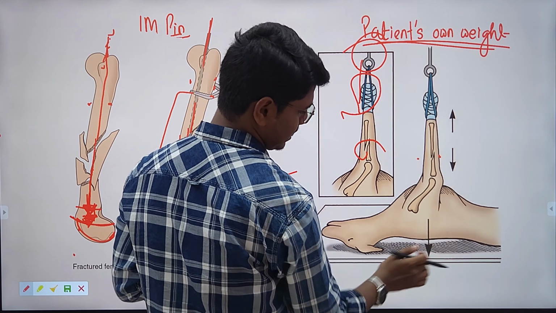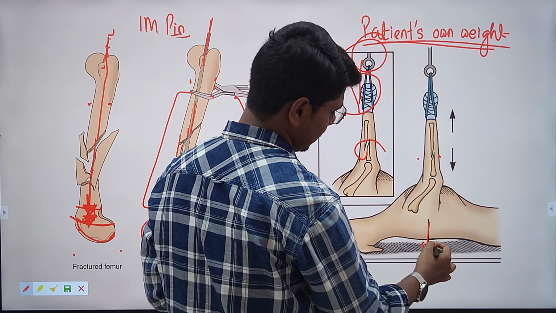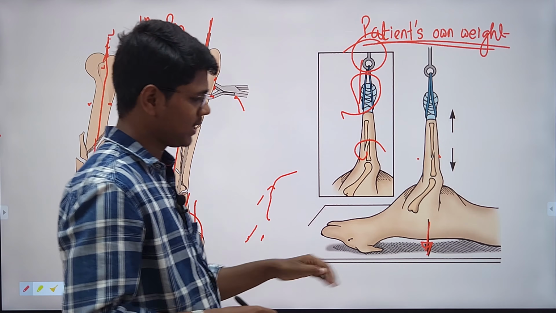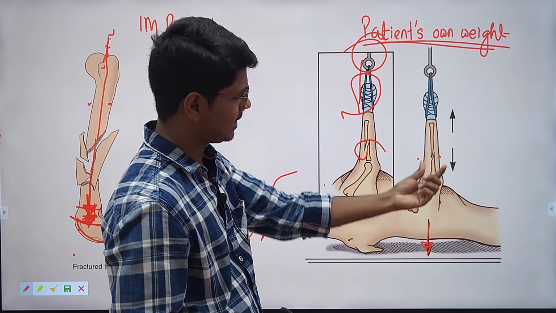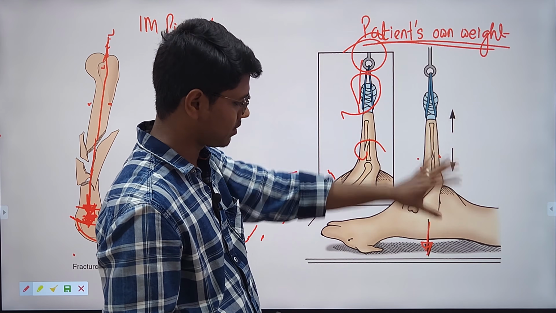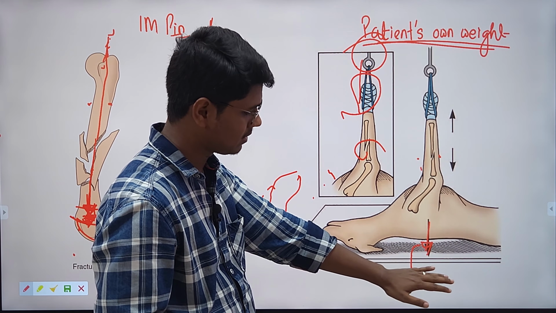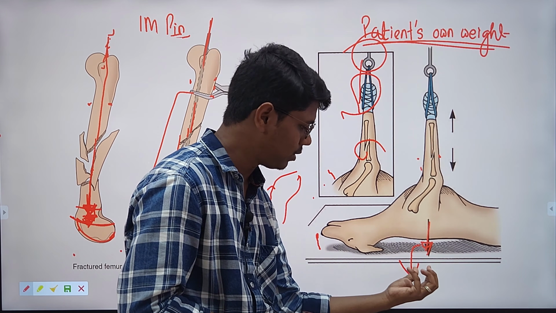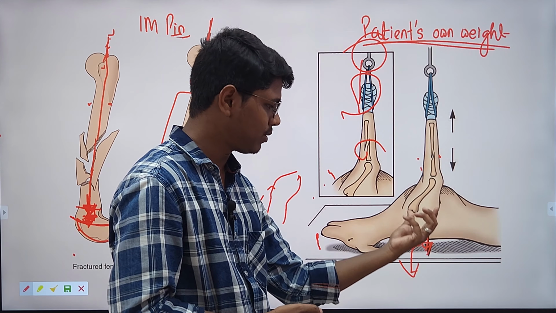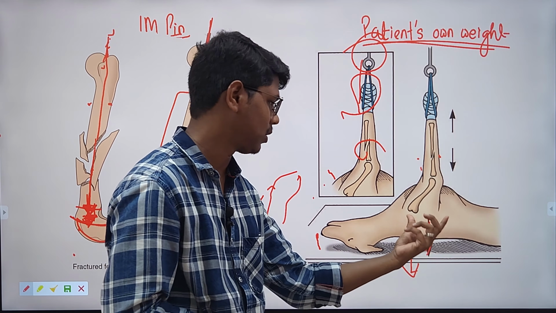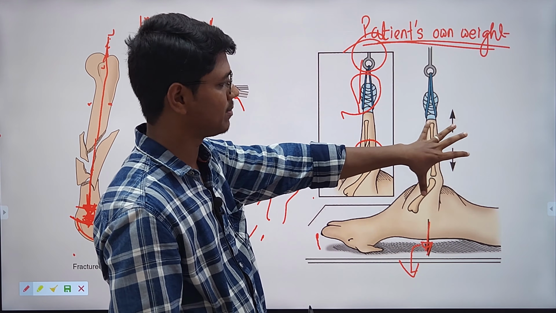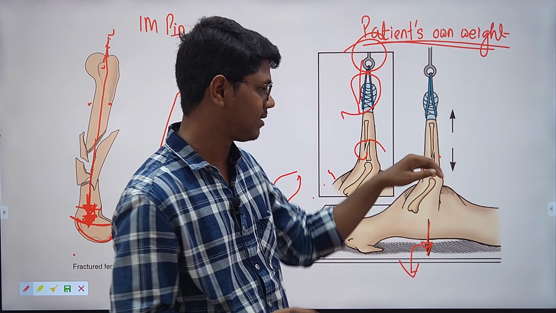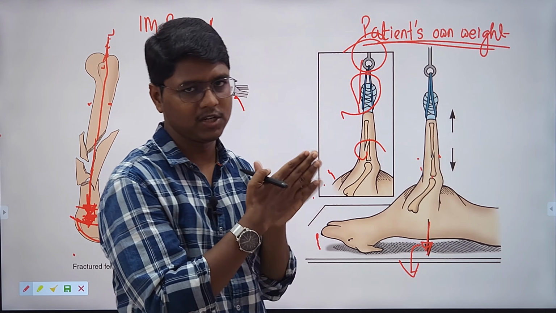Put the patient on this operating table. Nowadays, modern operating tables come with hydraulics. So when the limb is suspended and tensely held, simply lower this particular operating table with hydraulics. When the table is lowered, the patient's body weight will go down due to gravity, of course. So when it goes down, this proximal and distal segment can be distracted from each other, and there will be reduction or apposition